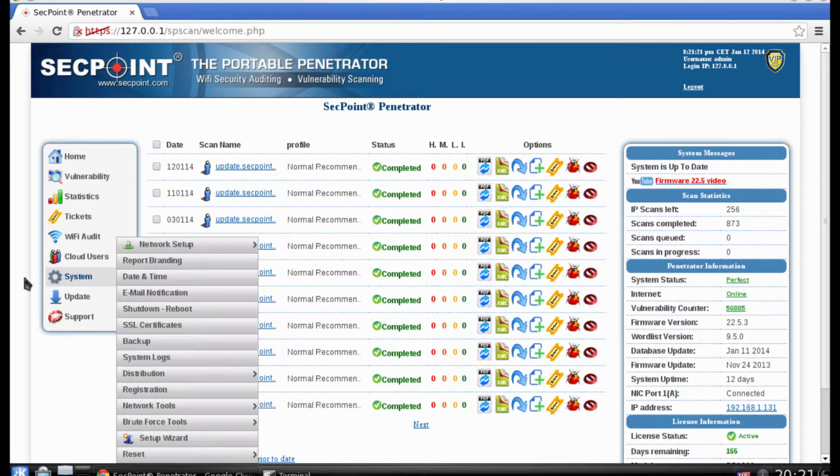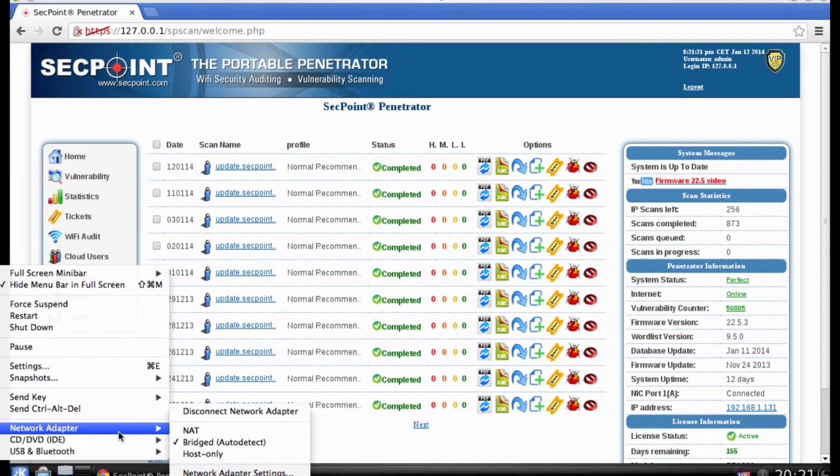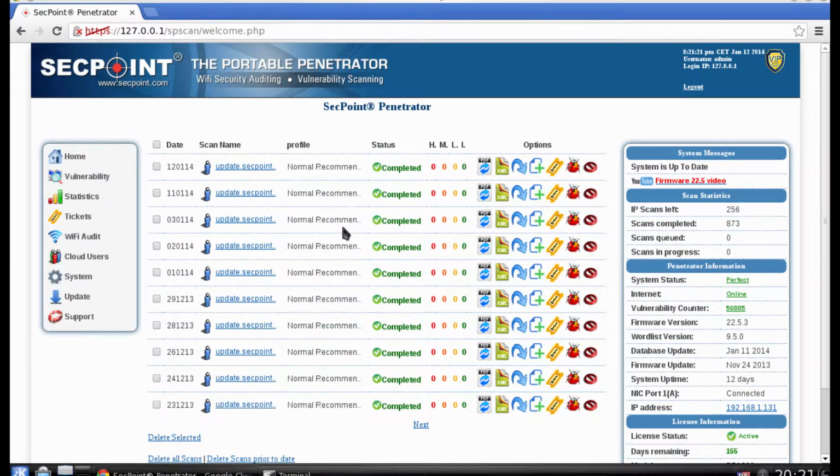So what you need to do is simply go to the settings, network adapter, and make sure it is set to bridge mode. And it could also be the other way around, that you are running in bridge mode but you are not online, and in that case you will set it to NAT mode and do the same with the DHCP settings. In other cases you are not able to use DHCP if the target network is not supporting DHCP, and you need to put in a static IP address depending on your configuration. If you still have any problems setting it up, just contact our live chat support and we can help you as fast as possible.